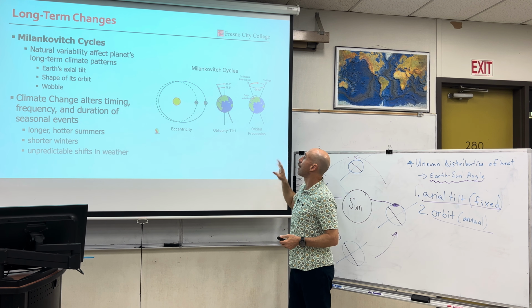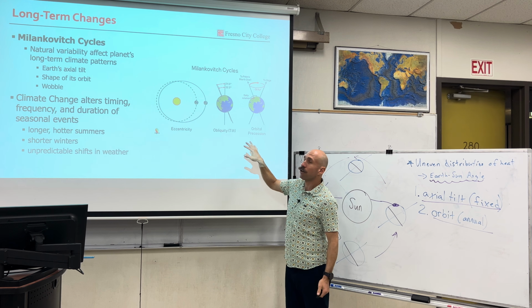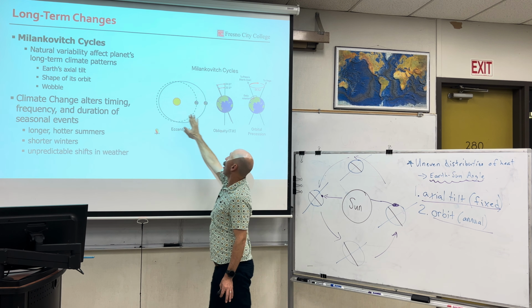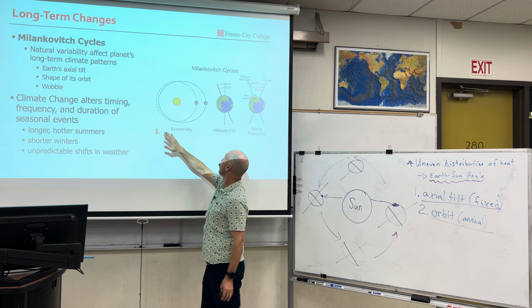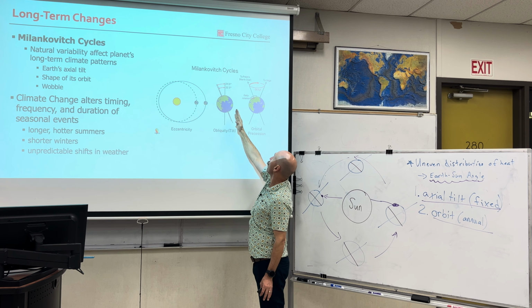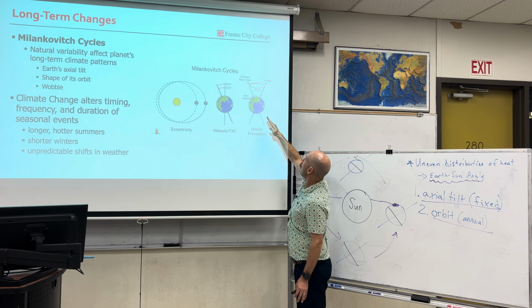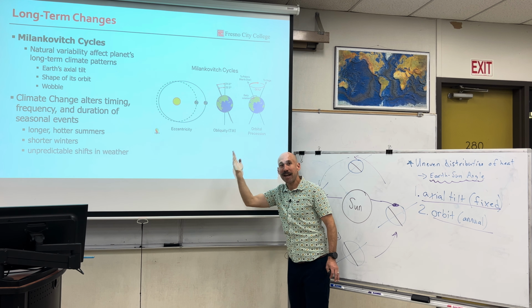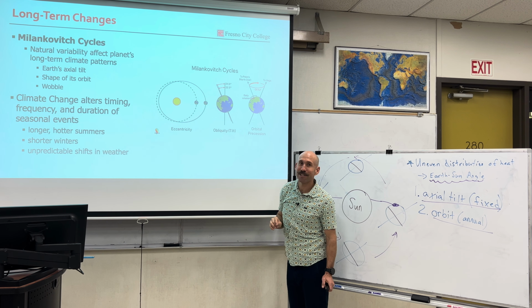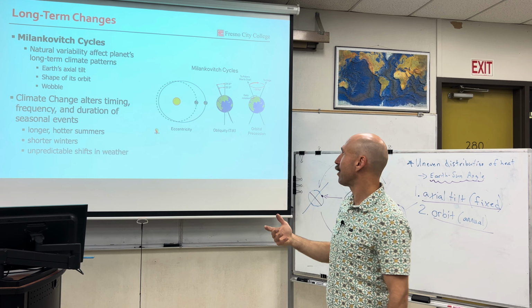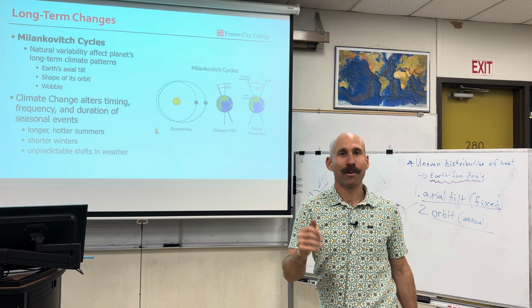Please see my video on this. But there are long-term changes in seasonal variability that have to do with the orbit of Earth changing its patterns, the eccentricity, the tilt changing its directions between 22.5 and 24.5, and then also the precession. So the North Star isn't always the North Star. Sometimes the Earth wobbles like a top, changing Earth-Sun angles yet again. So these are the drivers of natural climate variability that are identified as Milankovitch cycles.